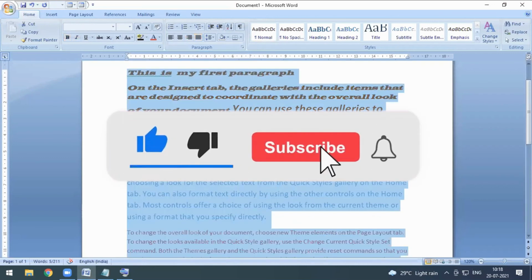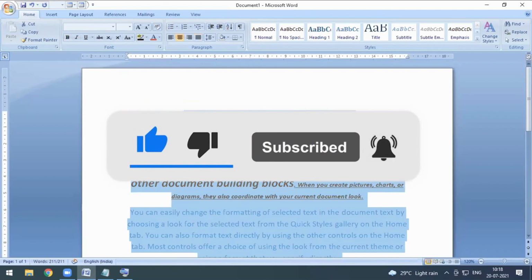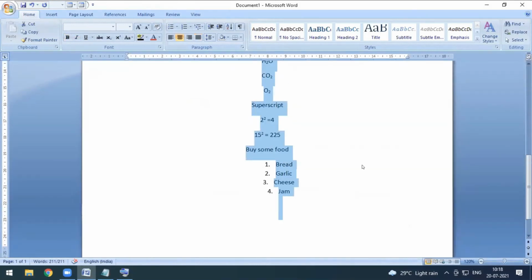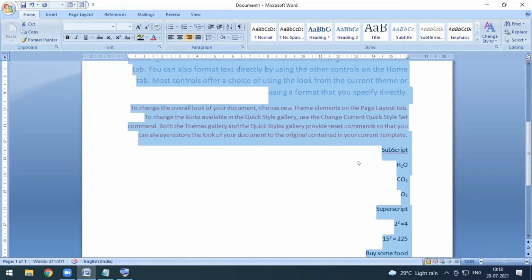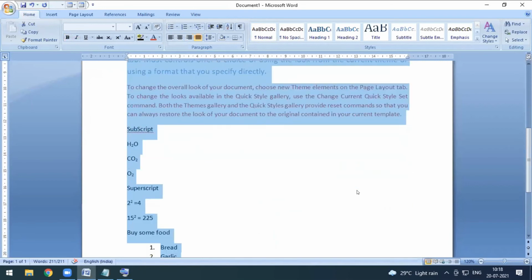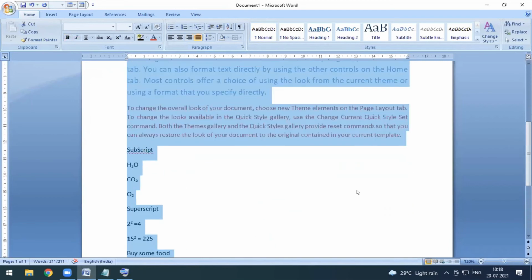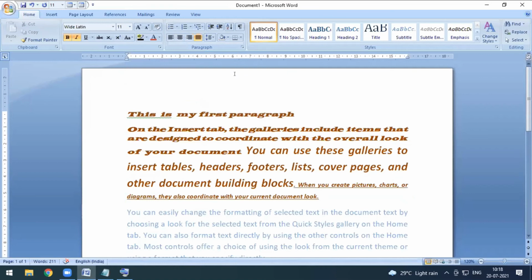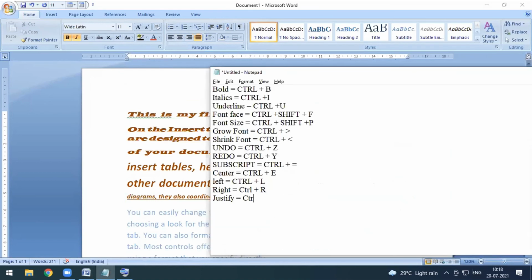So if I want this whole text to be centered, I just press Control E. All those things will become centered. If I want it on the right-hand side, I just press Control R, and all of it will be on the right-hand side. And if I press Control J, again they will be on the left-hand side. So this is the way through which we can make an alignment left, right, center, and justify, and the shortcut for each is over here.